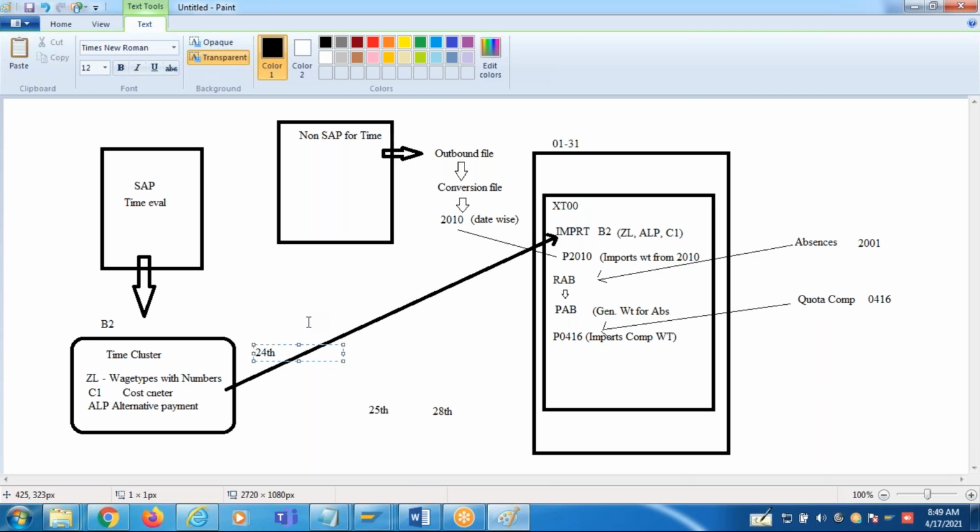That's where SAP has a solution: you pay on a nominal basis, an assumption basis, assuming the employee will work from 25th to 31st. So you pay the employee according to planned working hours, not actual hours. Until 24th you have actual hours recorded, but 25th to 31st it's an assumption.